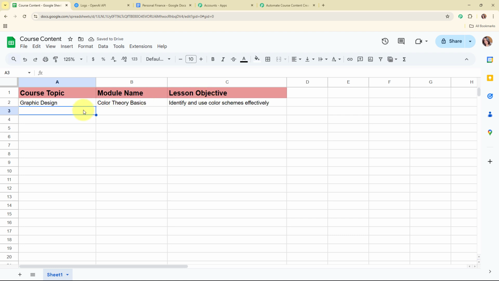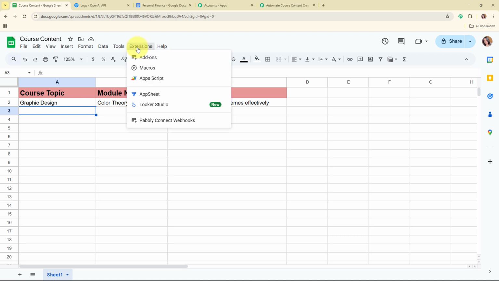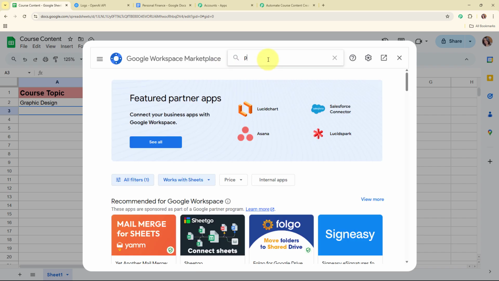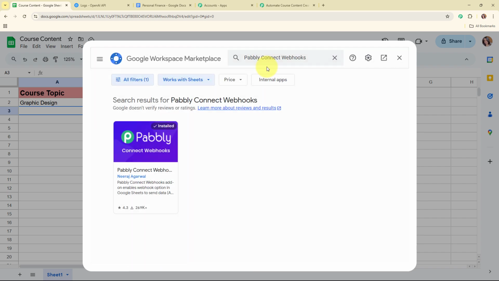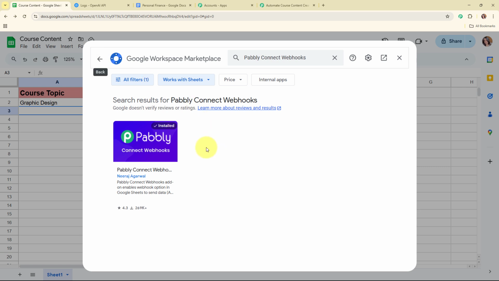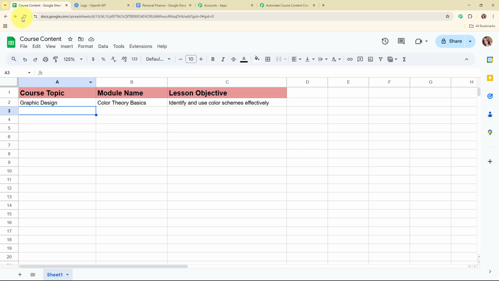Alright, so I've successfully added a new detail over here, and now I'm going to connect this Google Sheet with Pabbly Connect. To build this connection, you need to install an add-on on your Google Sheets account first, and for that you need to click on Extensions, and from here select Add-ons. Under Add-ons you need to select Get add-ons. Then in this Google Workspace Marketplace, you have to search for an add-on called Pabbly Connect Webhooks, and install this particular add-on on your Google Sheets account in order to connect your Google Sheets with Pabbly Connect. You can see it is already installed in my Google Sheets account, so I'm going to move back. Once you install this add-on, you need to follow exactly the same steps. After installing the add-on, you need to refresh your Google Sheets, and that's a necessary step.